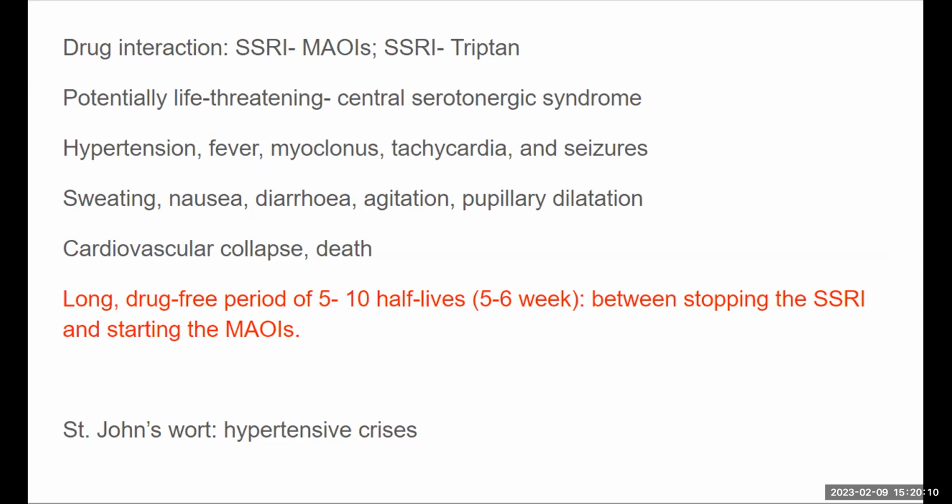How common is serotonin syndrome? JAMA Neurology in 2018 had a retrospective study of about 19,000 patients who were prescribed both an SSRI and a triptan. Now, the combination is normally considered by the FDA to carry a potential risk of serotonin syndrome, but they found only 7 cases out of the 19,000 studied. So it's not as frequent as we would normally think, but since it is potentially life-threatening, we have to be aware of this side effect when prescribing.